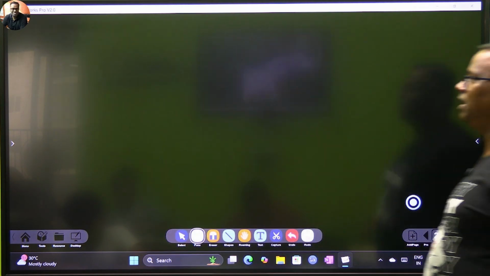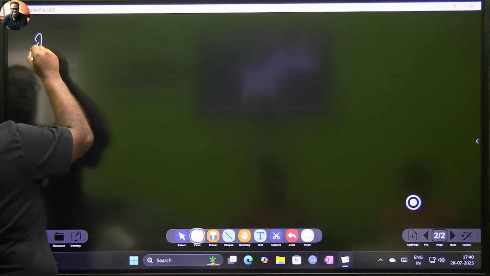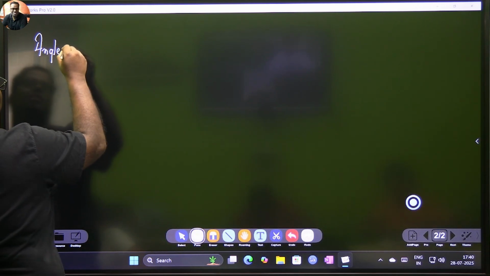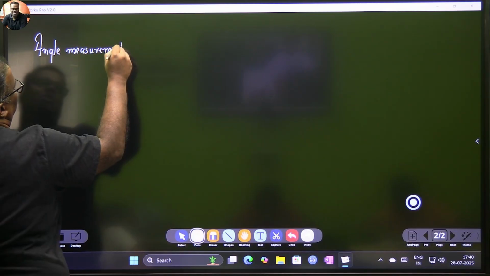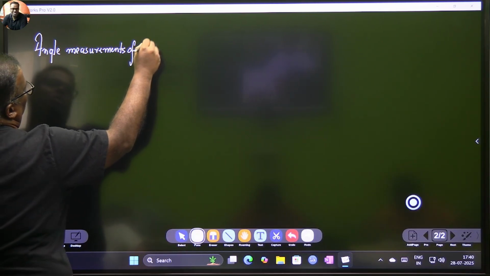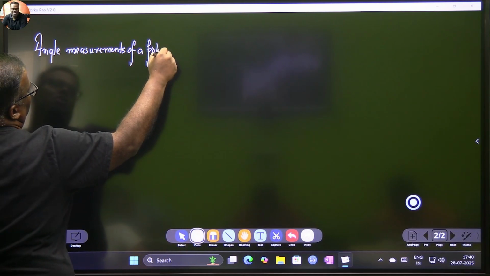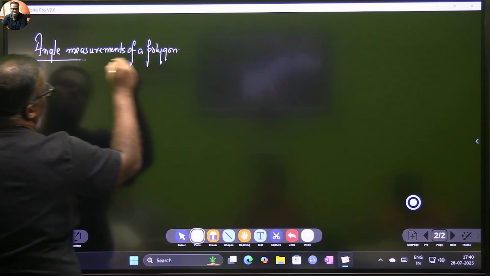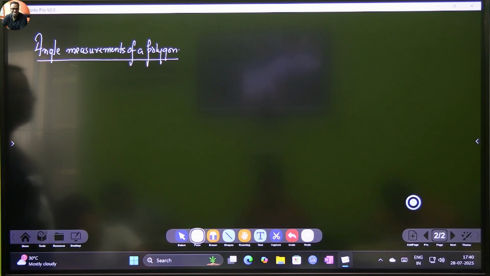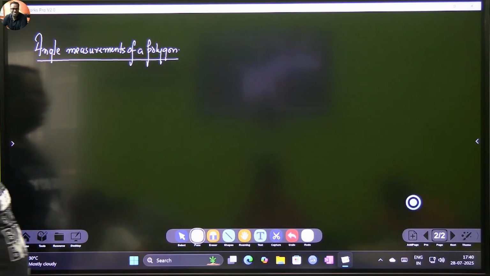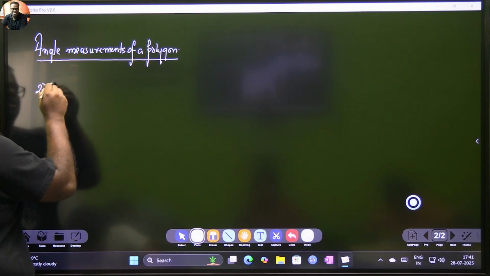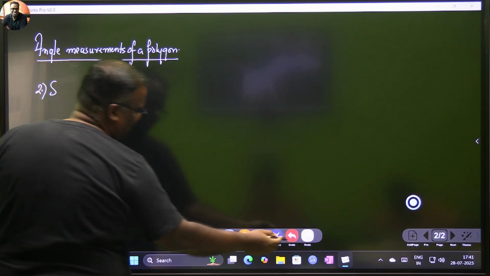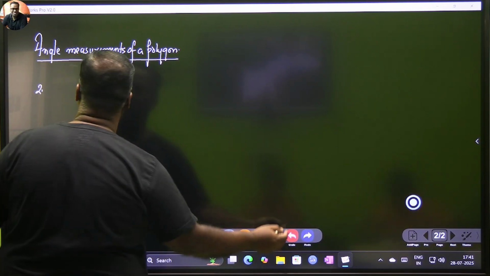So we go one step ahead and we now discuss some angle measurements of a polygon. Angle measurements of a polygon. Now there are two angles. Sorry, I'm writing two. Okay, the first thing that we will understand is